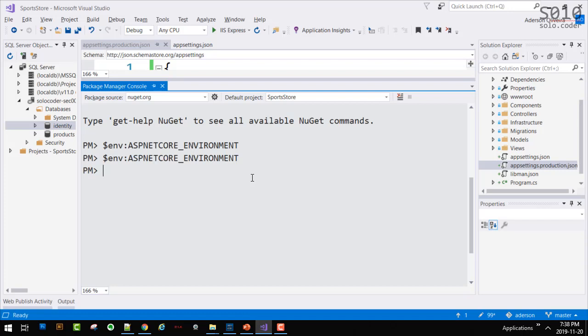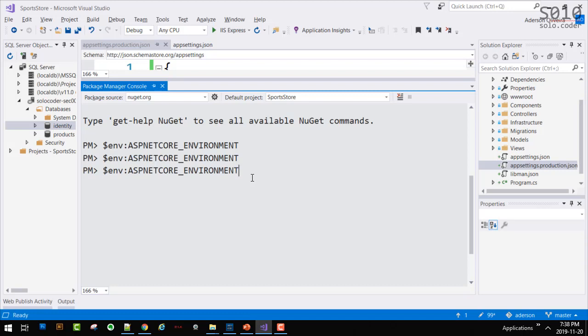I'm going to set it to production. By setting it to production, when I run this command, it will be using appsettings.Production. So what we're going to do is call the command now, but we're going to set the variable.